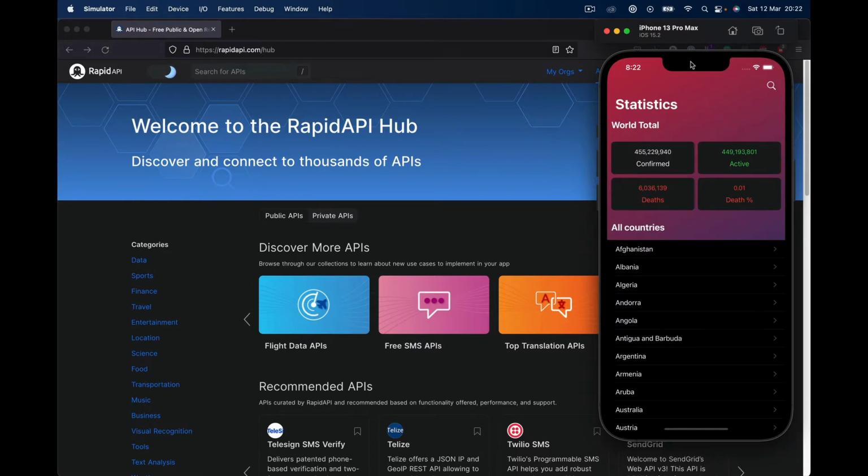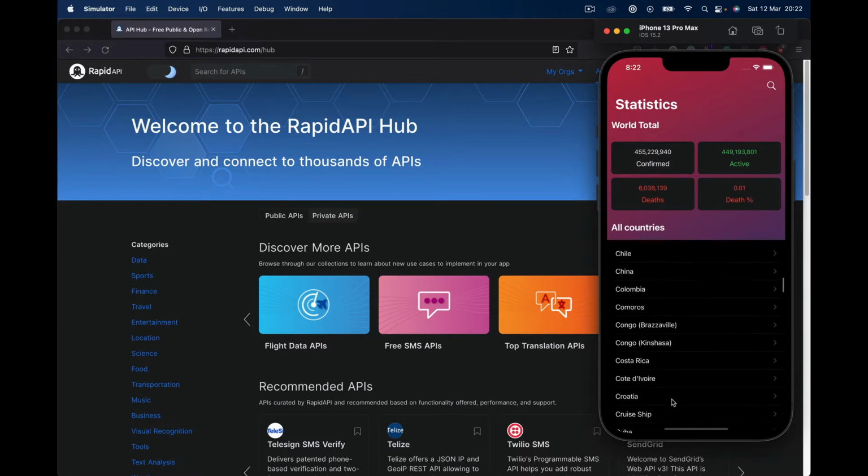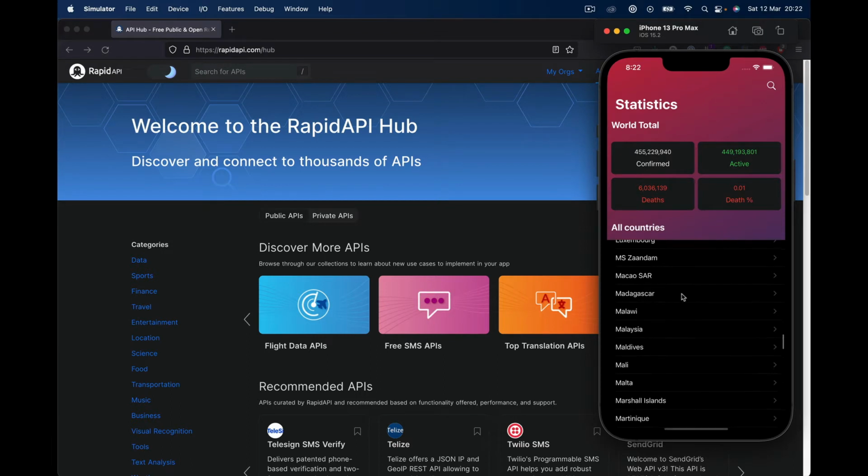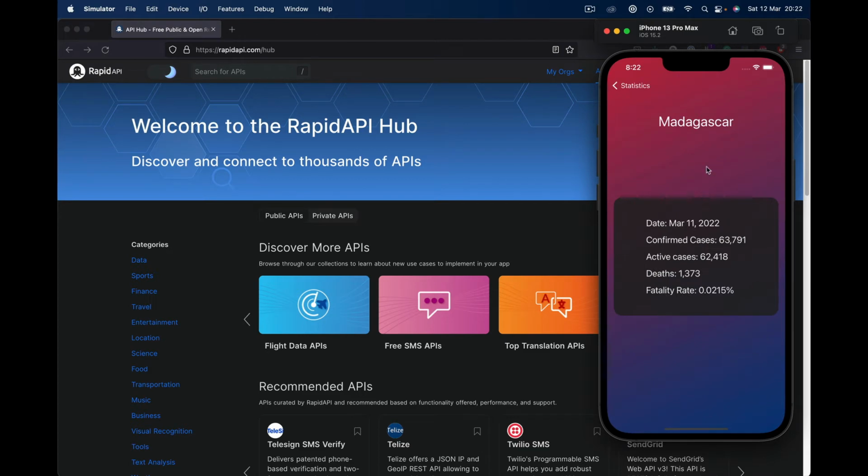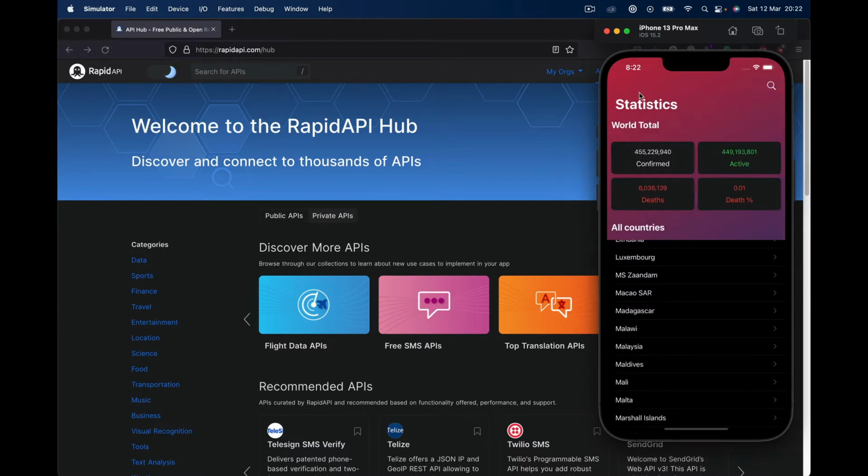So here on the right side on my screen, I have the final application running on an iPhone 13 Pro Max. And as you can see, we have a top area which shows the world statistics, current confirmed, active, death, and death ratio. And underneath we have a list of all countries. You can scroll. If I'm not mistaken, all the countries are available here. And by clicking on any of the country, it would take you to a different view which shows the statistics of that specific country. Now, we also have a search option which opens a bar here, and then you can